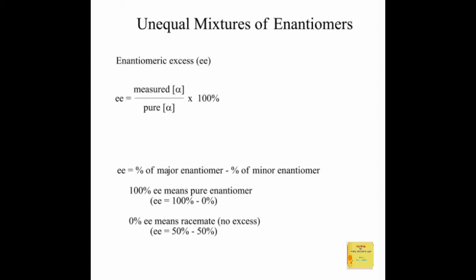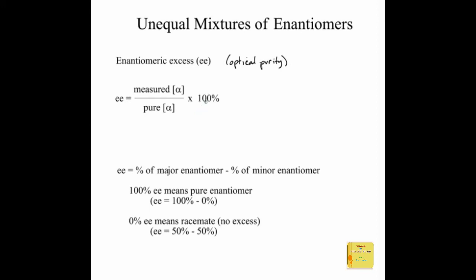Now, a racemic mixture is what we call it when we have an exactly one-to-one mixture of two enantiomers, but it's also possible to have unequal mixtures of enantiomers. Those mixtures are described by what's known as an enantiomeric excess, or EE for short. This is a measure of optical purity, is another way we could describe it. How pure is it in terms of being just a single enantiomer? And EE is defined by comparing the measured optical rotation and dividing that by the pure optical rotation. When we take that and convert it to a percentage, that number is what we describe as the EE,